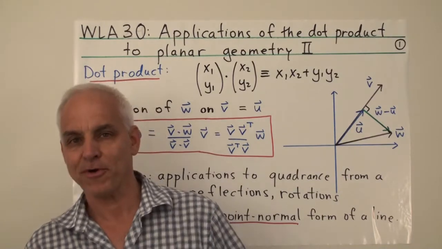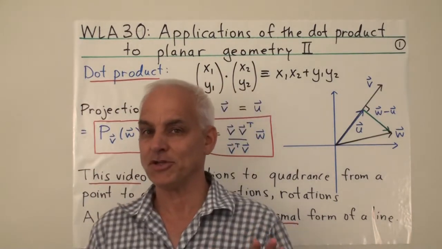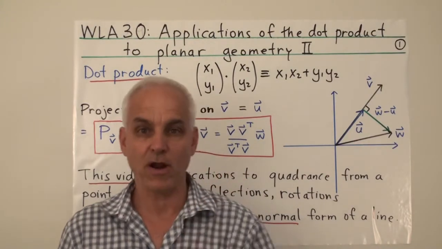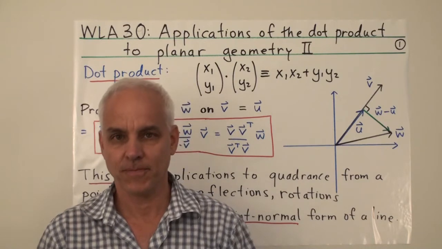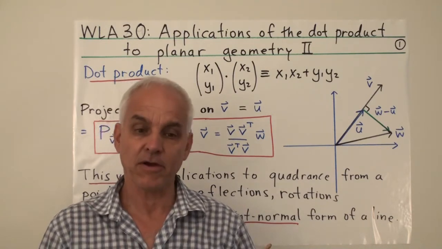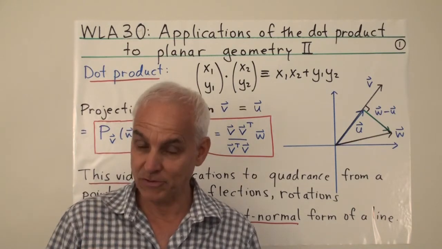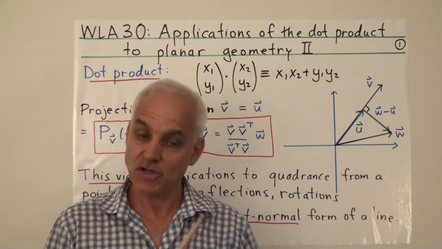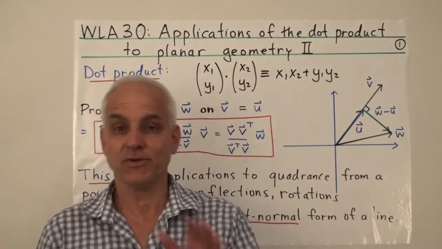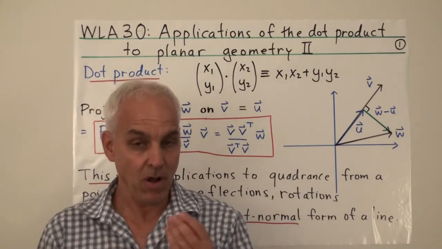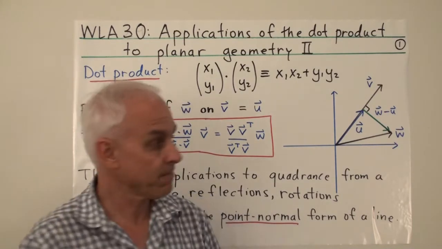Hello, I'm Norman Wildberger. Today we're going to carry on with our applications of this concept of the dot product to planar geometry. So the dot product is a very foundational aspect of trying to build metrical geometry. But not just Euclidean geometry, but as we'll see also later, relativistic geometries and other geometries as well. They all ultimately rest on essentially something like a dot product.